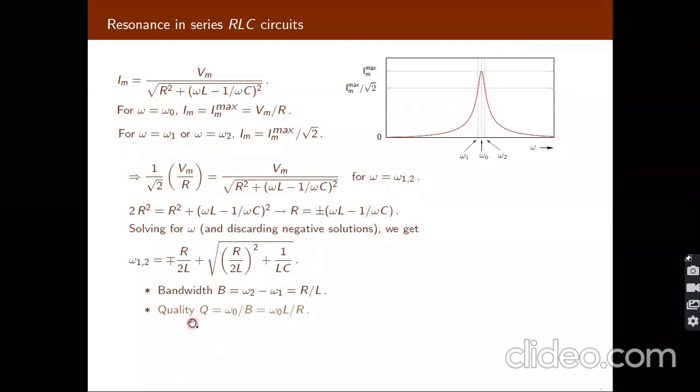So quality factor. Already we know that the definition of quality factor is the ratio of resonant frequency divided by beta, the bandwidth. So this is the bandwidth. Substituting here omega naught L by R gives the quality factor. So this is about resonant frequency. First one is resonant frequency. Next half power frequencies. Next bandwidth and quality factor.